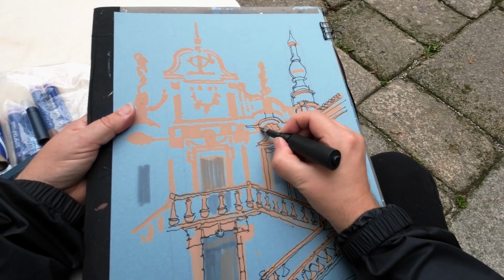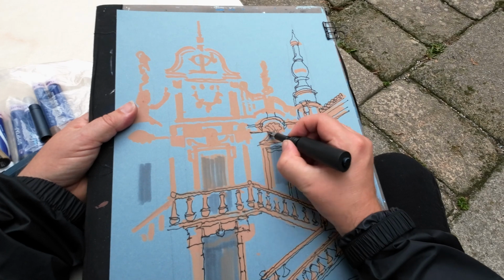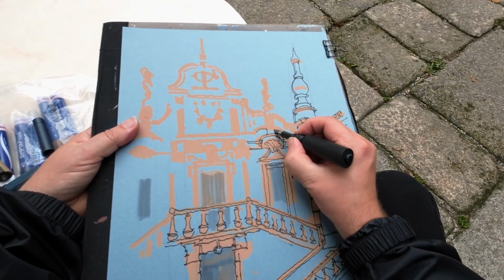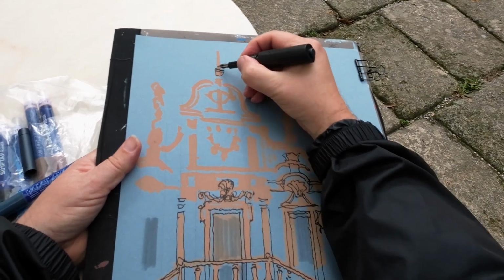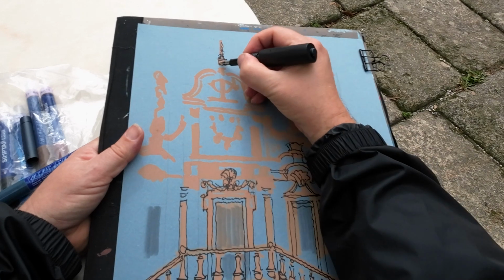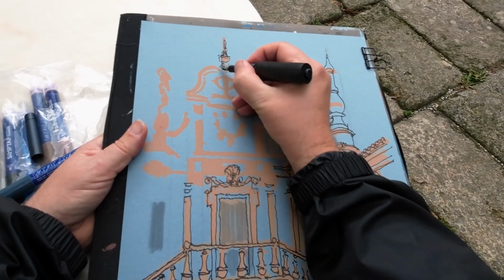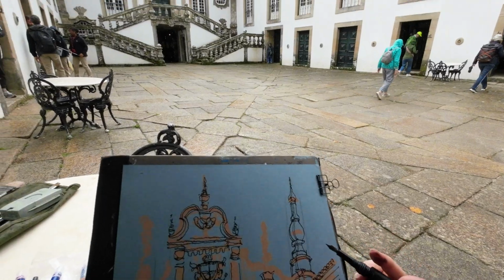They are kind of opposites on the colour wheel, if you know what I mean by that. So the terracotta and the sort of eggshell blue sort of bounce off each other. It creates a sort of optical effect where there's a sort of shimmering quality to the way the lines work upon the paper. I then work over the form with Indigraph full of acrylic ink, and then the rain comes